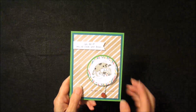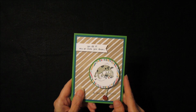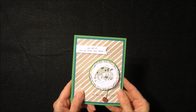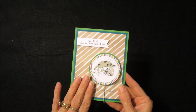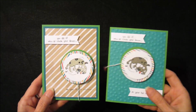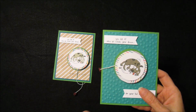Hi, this is Kathy, and I am making a video on this card that I made recently and posted on my blog. I promised to let you know how to make this adorable little spinner portion. This is the card that was on my blog,